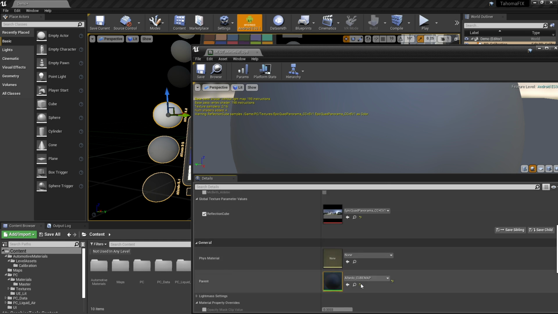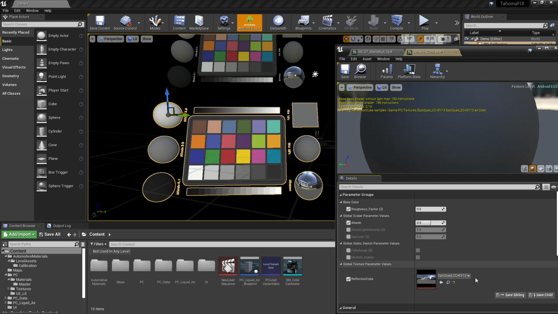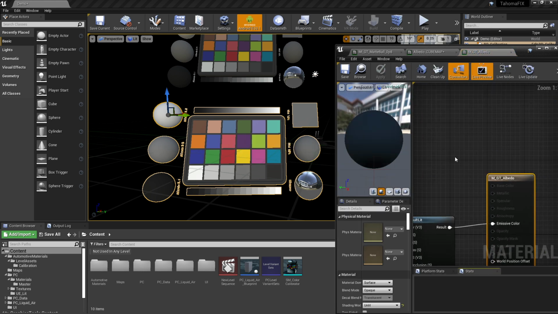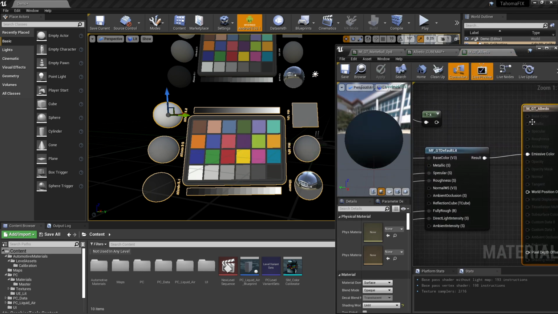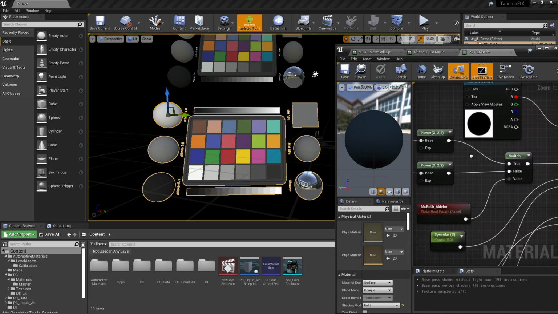So I've got this parent of all of these objects that are in that albedo chart. Let's just kind of move this over so you can see the change here happen. If we double click on the albedo cube map, you can see that it is actually now again, another instance. And if we double click on this guy, it's going to show us the actual material graph. So it's set to unlit. It's using the GT defaults, and piped into that, I've got a few things here.